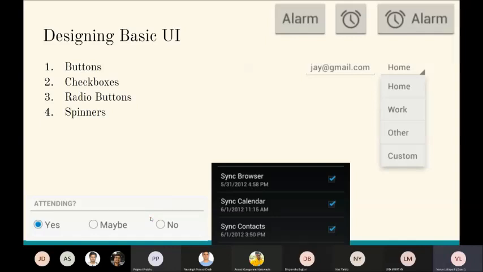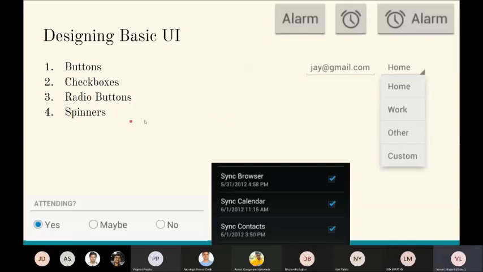Given a question with a lot of options, if the user can select more than one, then you can use a checkbox. Radio buttons are used only when the user has to select a single option. If someone is asking our gender, we will select only one. If they ask what our favorite programming language is, we may select two or three. What are you studying? We will pick only one, BTech or MTech or PhD. Attending: yes, no, maybe. In these cases, we will use radio buttons.